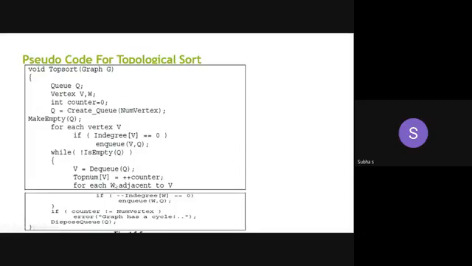Then what you are going to do? You are going to find the adjacent vertices of V. Then you are decrementing the in degree, that is given at the end. While decrementing, if it becomes 0, you have to enqueue. So at one point, if the counter is not equal to the number of vertices, then you can mention the error as the graph is cyclic. This pseudocode is also for checking whether the graph is cyclic or not.